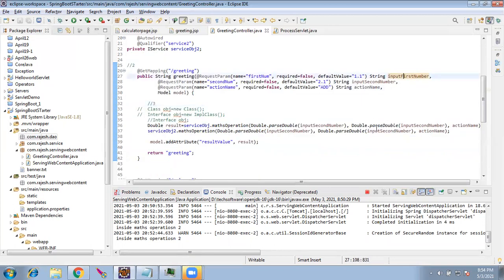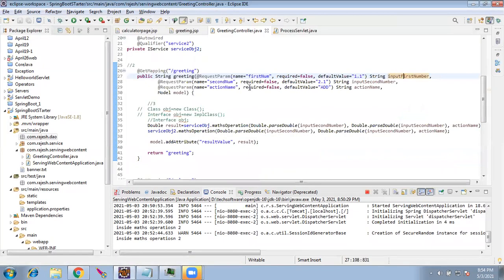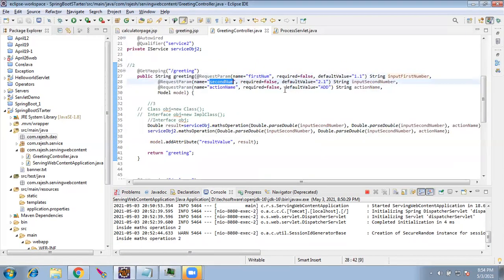Input first number, 2 times input second number, but it is wrong. Second number, it is just second number. I gave it correctly. Action name is correct. Input number and action name, everything is correct.